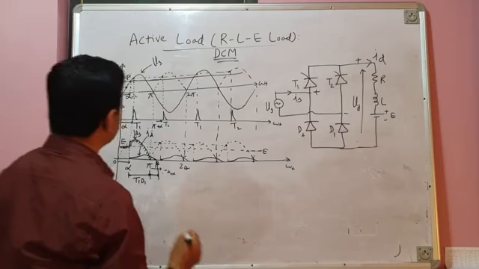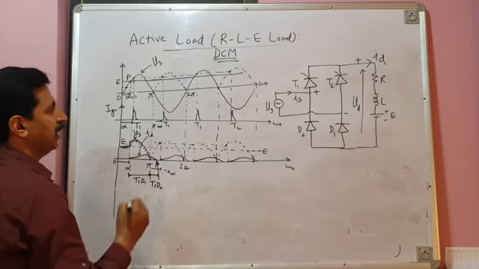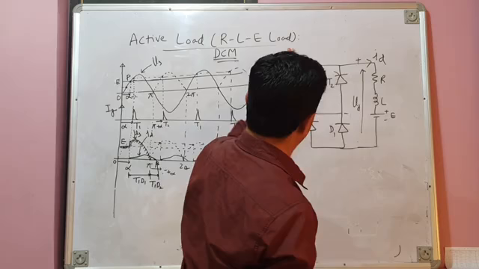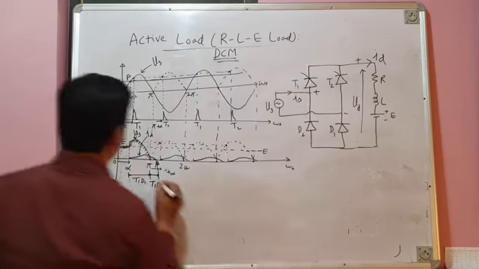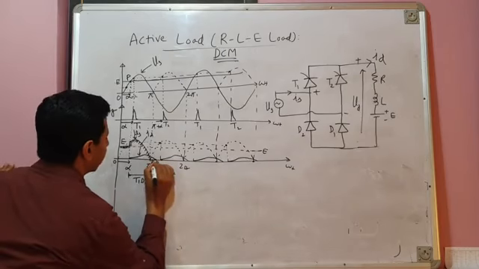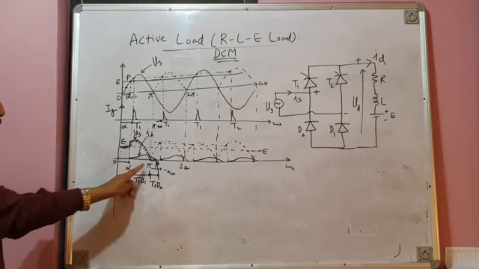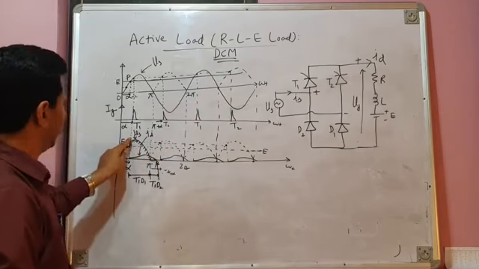And when load current is freewheeling through T1, I will write here T1 D2 pair is now conducting. What is load voltage? Since load current is freewheeling through this pair of devices, voltage across this branch is zero, so load voltage is zero. This is the freewheeling action. Okay. So therefore, from alpha to pi, T1 D1 pair is conducting,